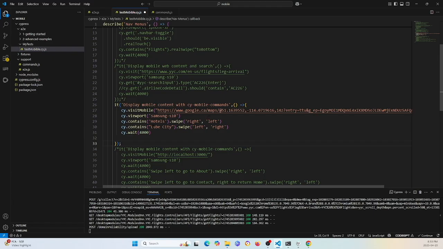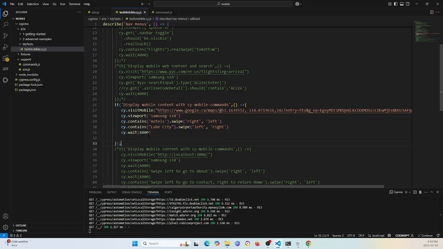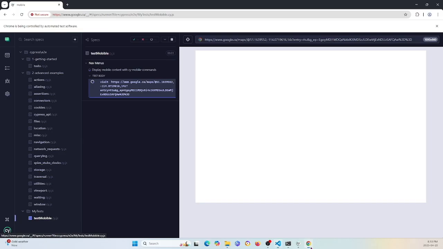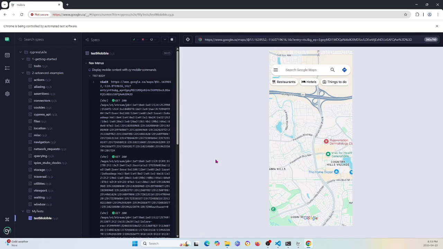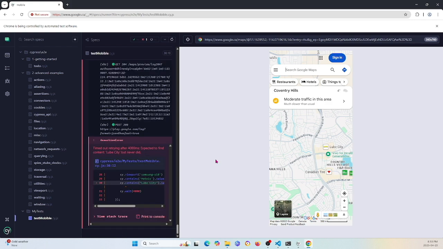Again, we're going to use the swipe. We're going to look for Loop City, and then we're going to swipe left to right. And then we're going to wait. So let's see what this looks like. I'm going to go ahead and save this. It'll automatically load into Cypress. Open this up. So it goes to Google Maps. So it timed out,